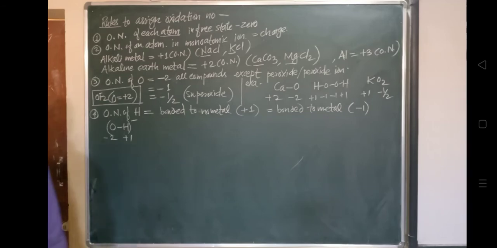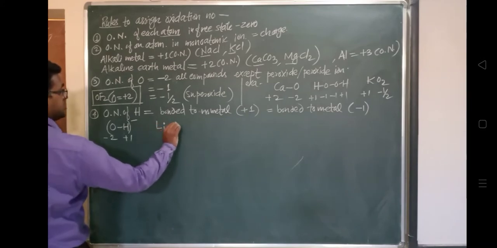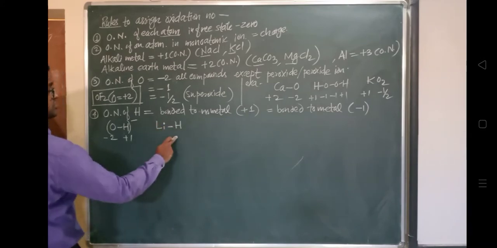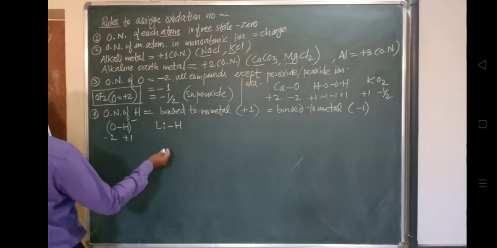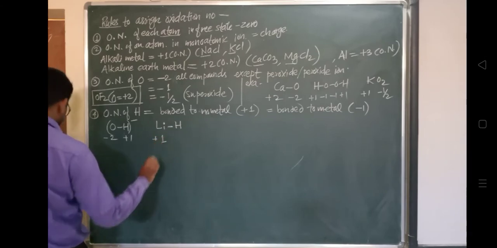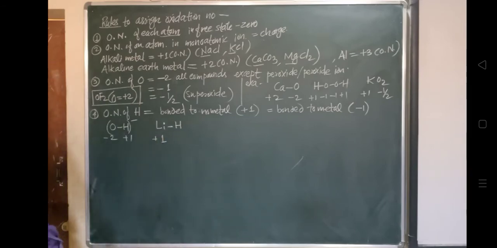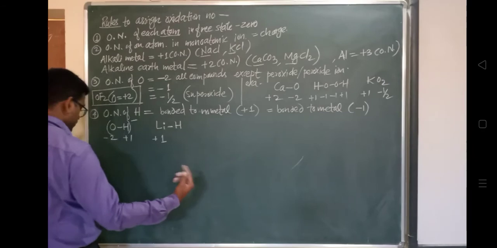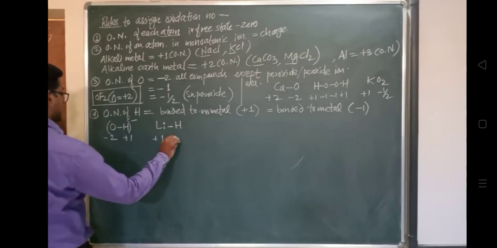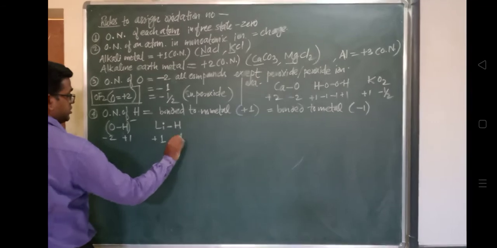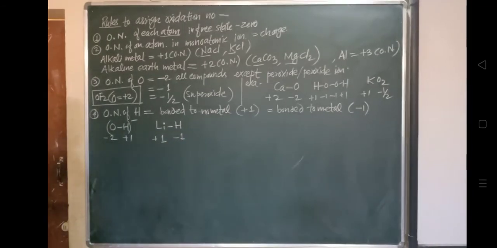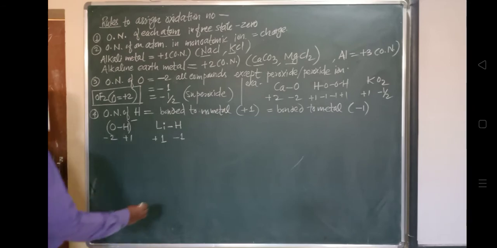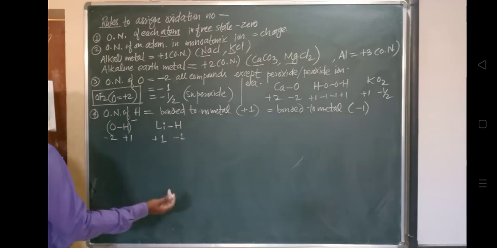So another example, चलो LiH का example लेते हैं. So right now this hydrogen is bonded with lithium. लिथियम मेटल है and lithium is having +1 as its oxidation number, valence electron 1 ही है, and hydrogen is having -1. So in this way this is the oxidation number, and these are the rules. और भी देखेंगे हम लोग बाद में और क्या क्या rules हैं, so there may be other examples.